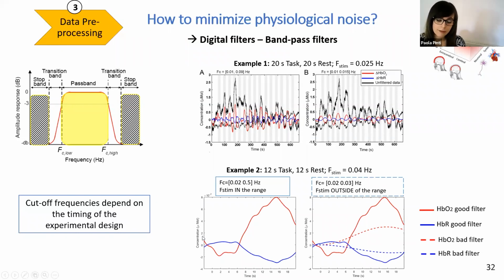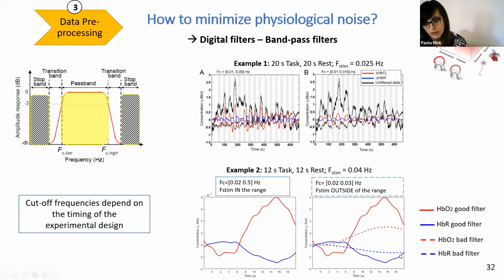So here on the left is the result of my block average hemodynamic response, where I filter my data using an appropriate passband, which includes my stimulation frequency. What we get is a very nice hemodynamic response with a nice increase in oxyhemoglobin and an anticorrelated decrease in deoxyhemoglobin. While if my cutoff frequency range is too narrow and does not include my stimulation frequency, we get